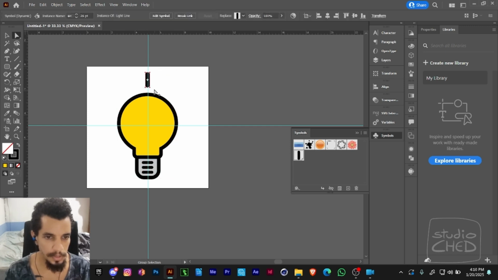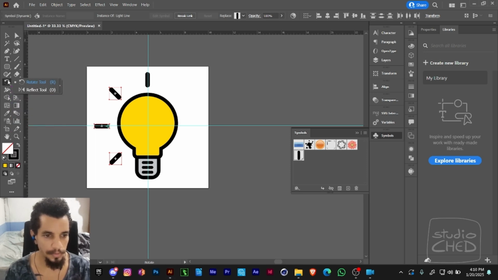So we're going to select this symbol. We're going to use the rotation tool again. We're going to go one, and copy, and copy. And then we're going to use the shortcut for reflection tool, which is O. You click in the center, and reflect across, and you hold the constraint, which is Shift, and Alt to copy,